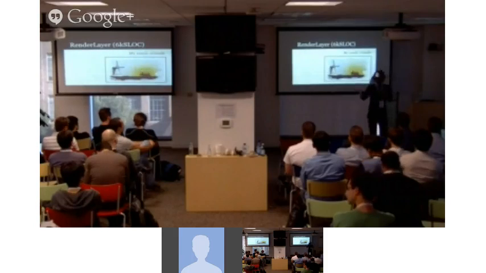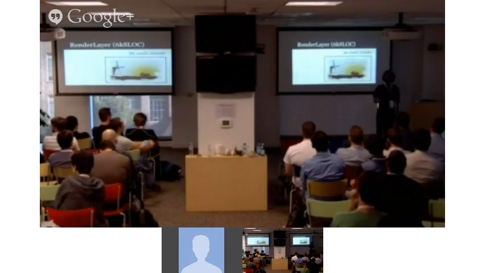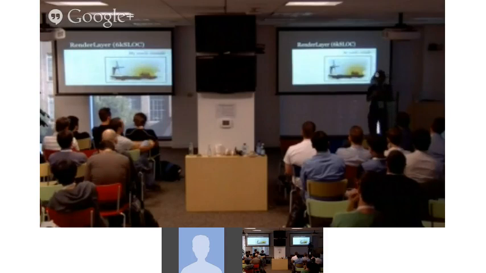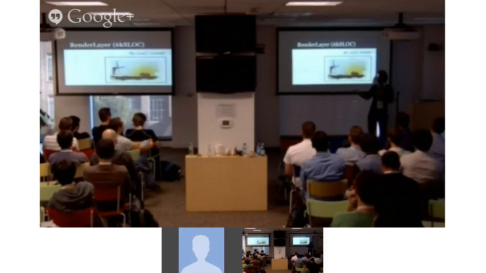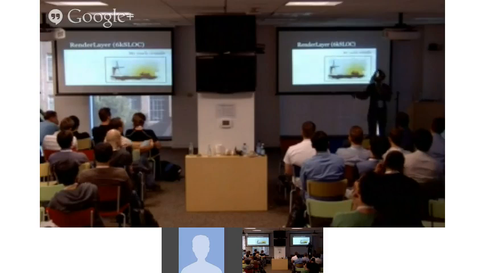The other problem is because render layer is one level above render object, it doesn't have all the information render objects have. One good example that's killing us right now is you do a layout. Layout would repaint everything, and then render layer would come. Because render layer has no knowledge of who has actually been laid out, it will recompute all the absolute rectangles inside render layer without knowing there was no need to, because you didn't get laid out. If you don't get laid out, you cannot have changed your size.